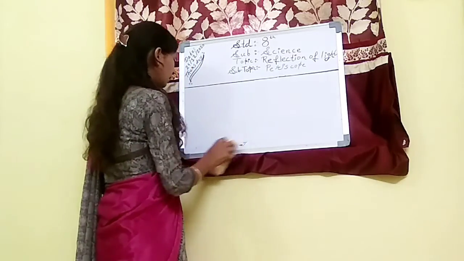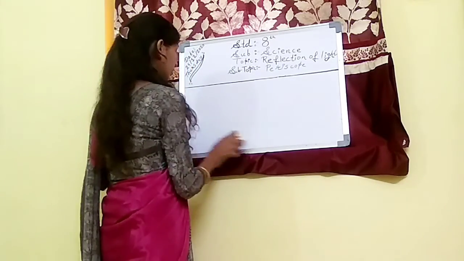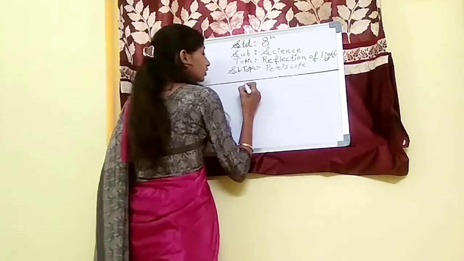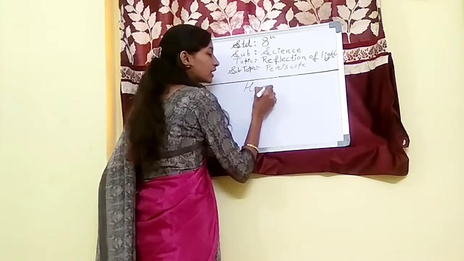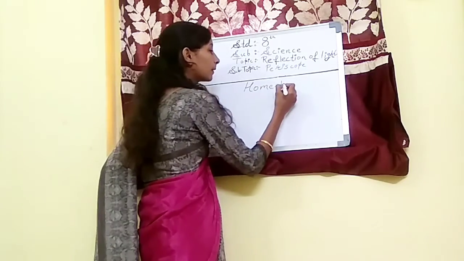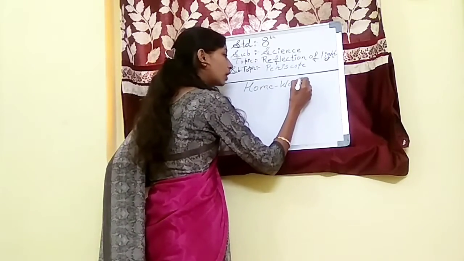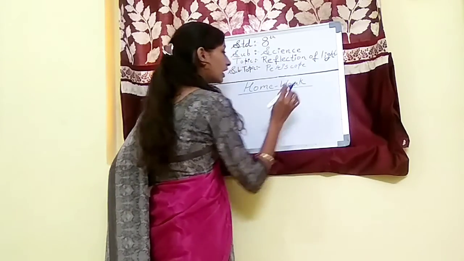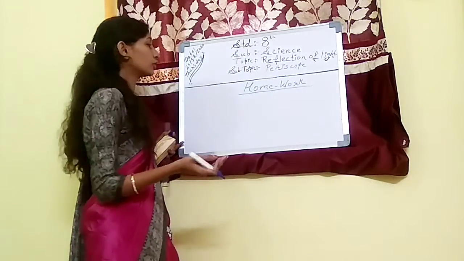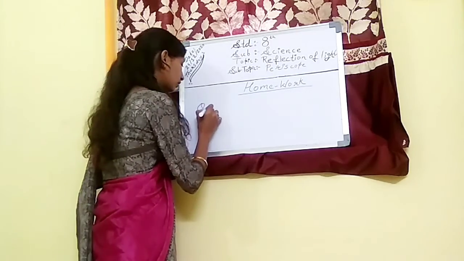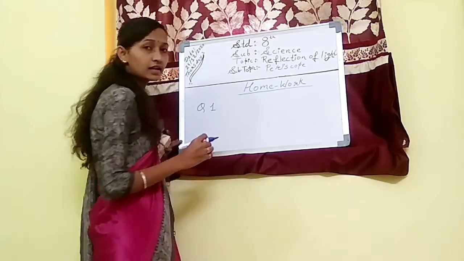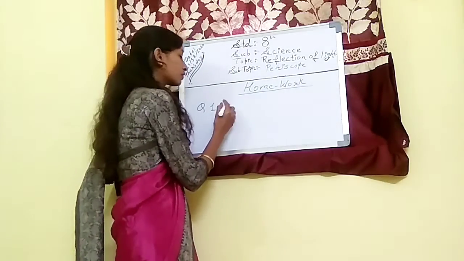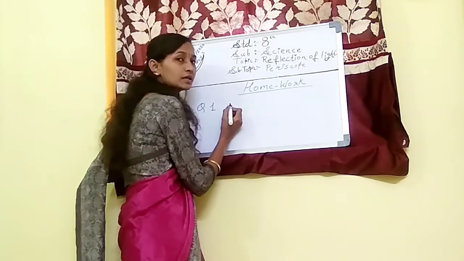So the last part is about homework. Today's homework is simple, just do it. And this part is important from your exam point of view. I'm sharing a link in the description section below, as well as adding a video for you to get your ideas clear about this periscope, its making and its applications. You just watch that video and make all your concepts clear about this.